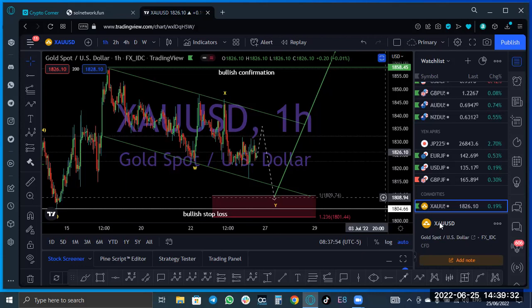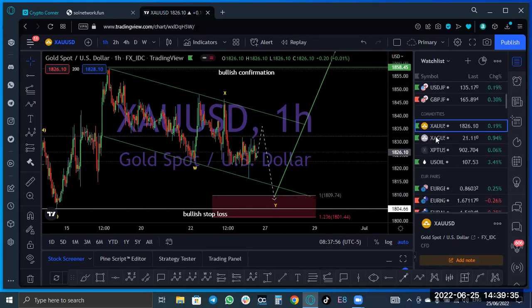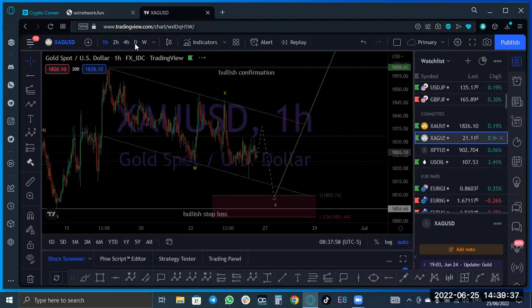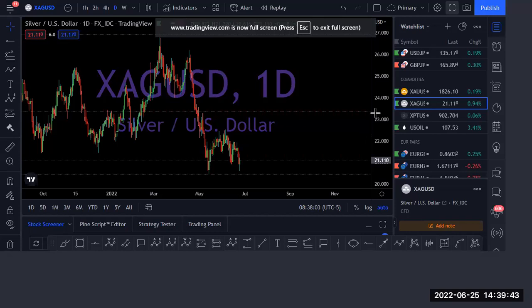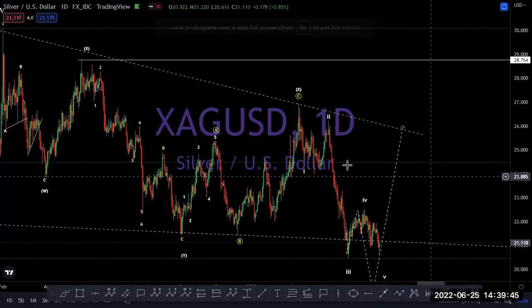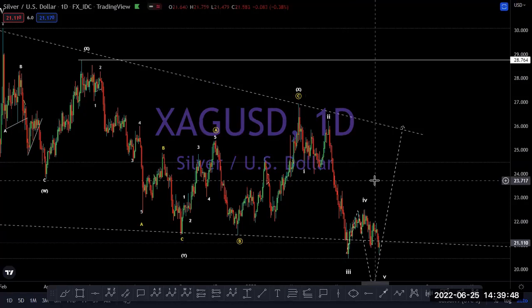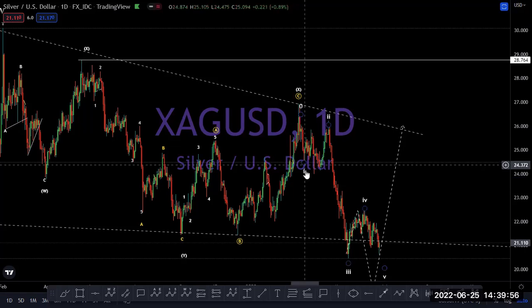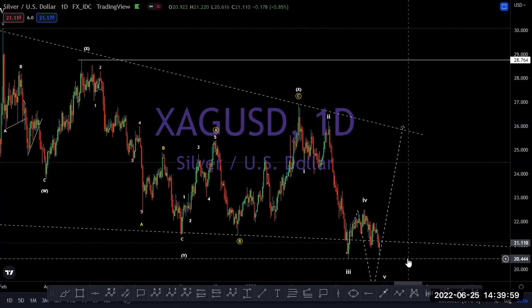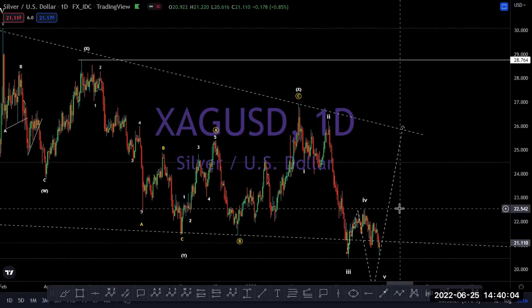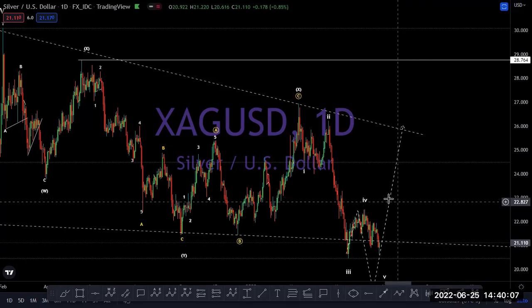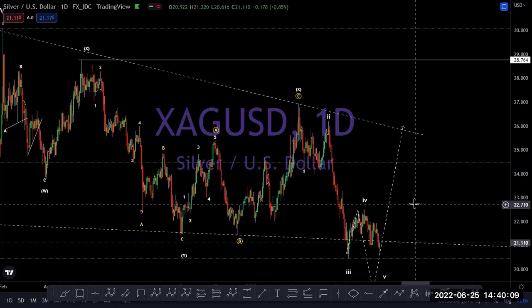Silver. Let's take silver. Remember last week I said that this is 1, 2. I said that the difference we have on silver and gold is that gold gave us a corrective structure, ABC, but silver is making 1, 2, 3, 4, 5. Now this is 1, 2, 3, 4, 5. Remember, wave 5 is not completed, and sometimes wave 5 will truncate. But what I don't like is that wave 4 did not give us